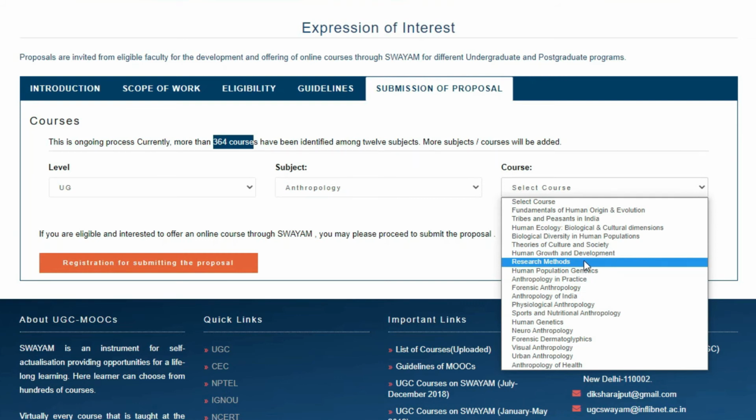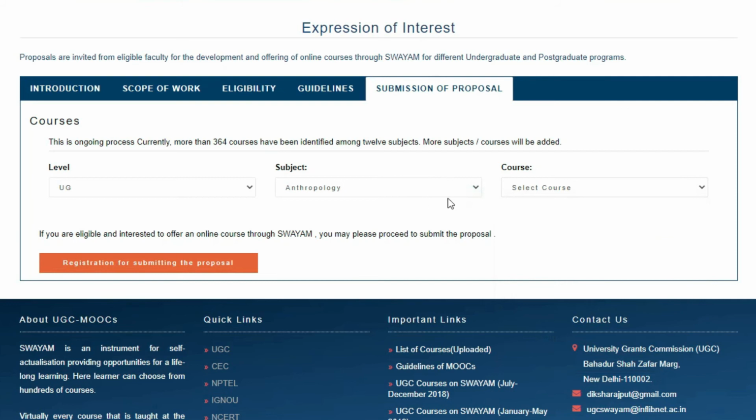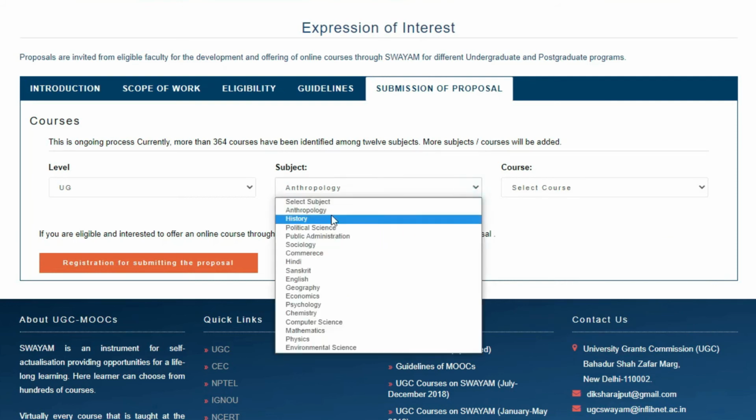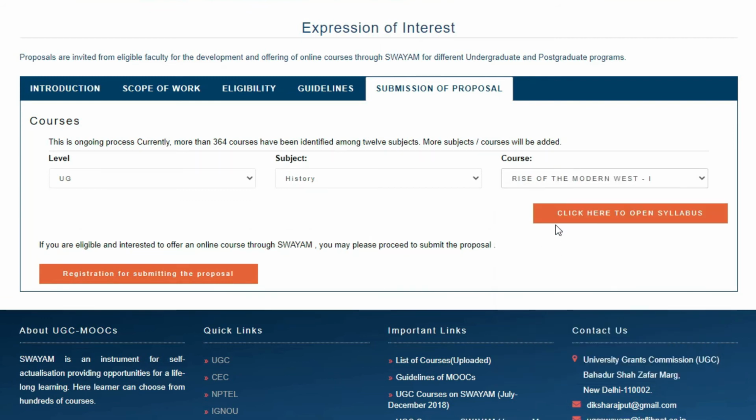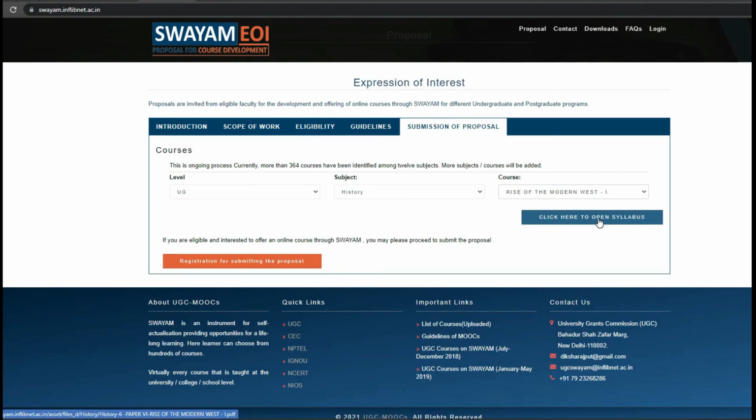The most beautiful thing in this is you need not frame the syllabus. Say it's history, then select the course. This is the subject, and this is the course which you have to form. Select any course, say Rise of Modern West. You click it here and you get the syllabus. You need not frame anything. You need not search out a syllabus.